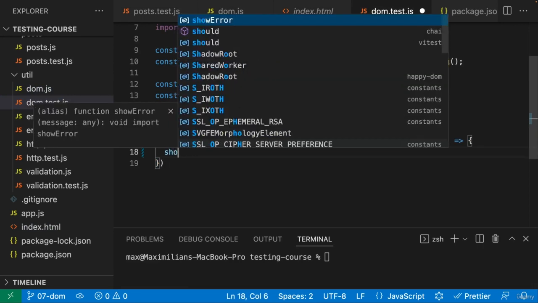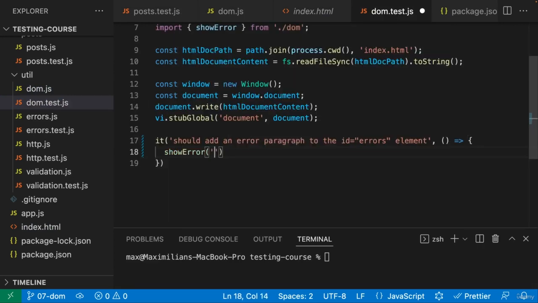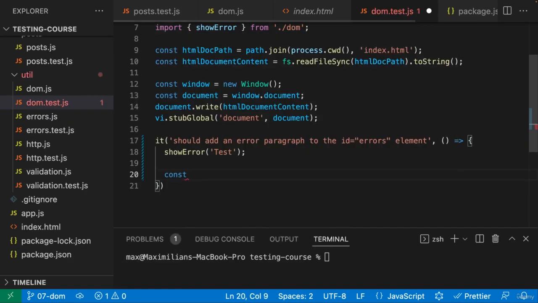To test this, I will execute showError with any error message of our choice. This doesn't matter here. Could actually even be undefined. It does not matter because I'm not testing the error message with this test. I just want to execute it. So I'll just pass in some dummy text here. And then after calling showError for setting up an expectation, I want to get hold of my error element by